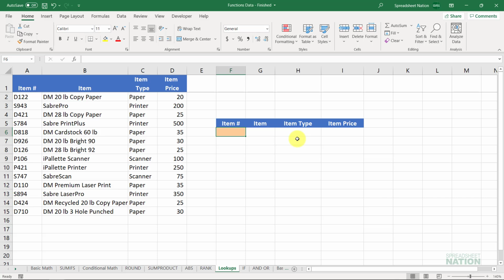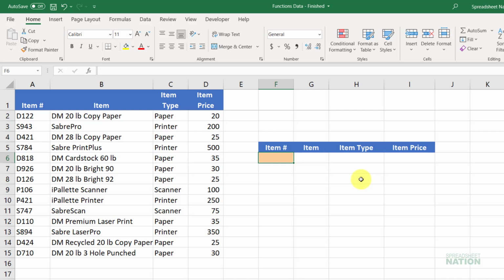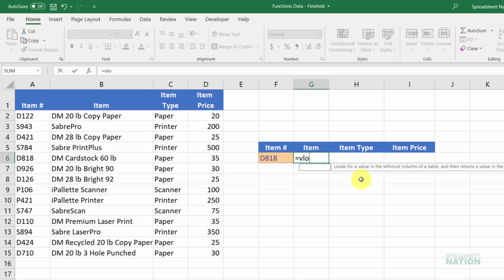Here we have a list of item numbers with their item name, item type, and item price. And let's say we wanted to do a lookup here where we could look up an item. Let's do D818, and we want to put in a formula here that will automatically populate the item name, type, and price. So if we start with a VLOOKUP, we'll type equals VLOOKUP,